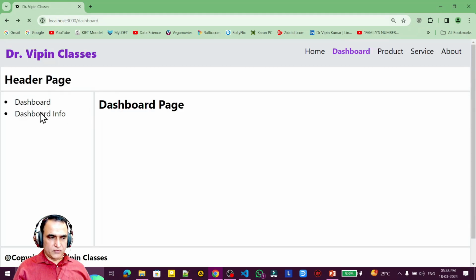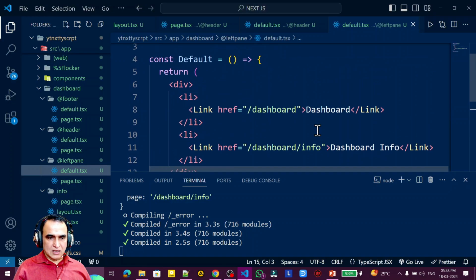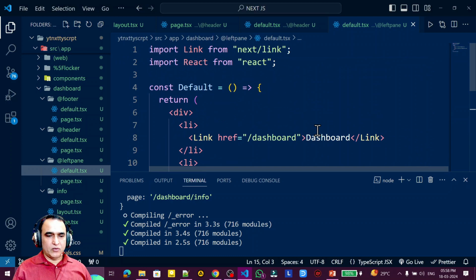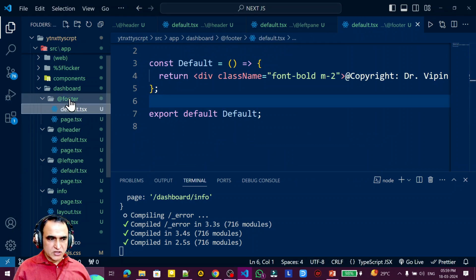Now once again I try to refresh this. You see that it's working. I click on dashboard info also, dashboard info is coming. Now once again I refresh this, and you will see that there is no error at all. You can refresh this, no error. You can click on dashboard info, again refresh it, and you see that there is no error at all. The error is gone. So the error which comes under parallel routing is called unmatched routing, and this problem we can solve by creating a default.tsx file in each and every